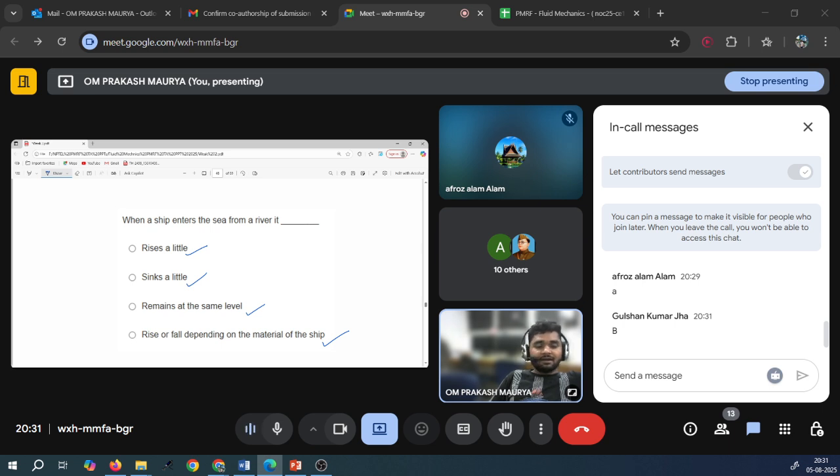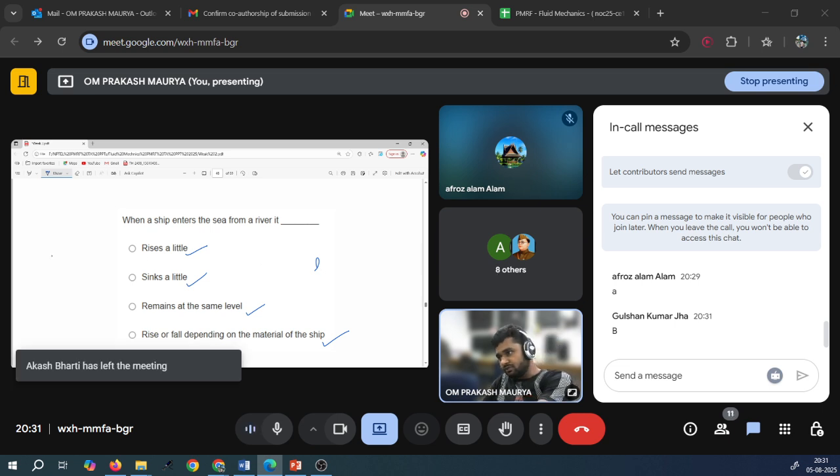If you take iron, iron will sink. Why? Because of the difference in density, or specific gravity if you are saying. So as you know, let me just hint you, the density of river water and the density of sea water,